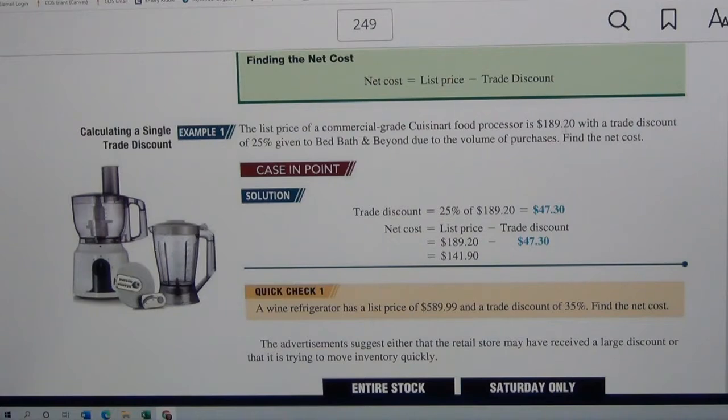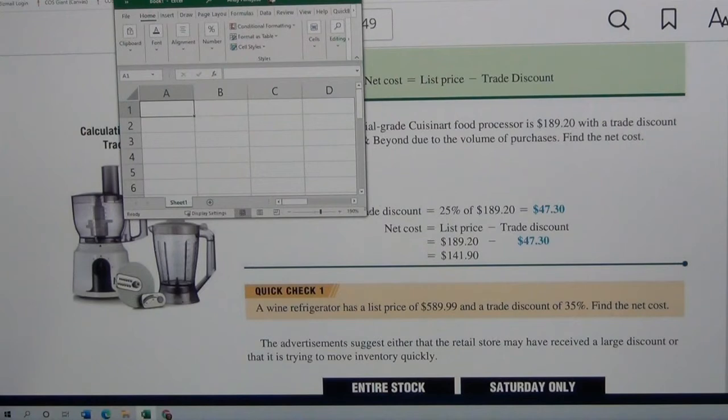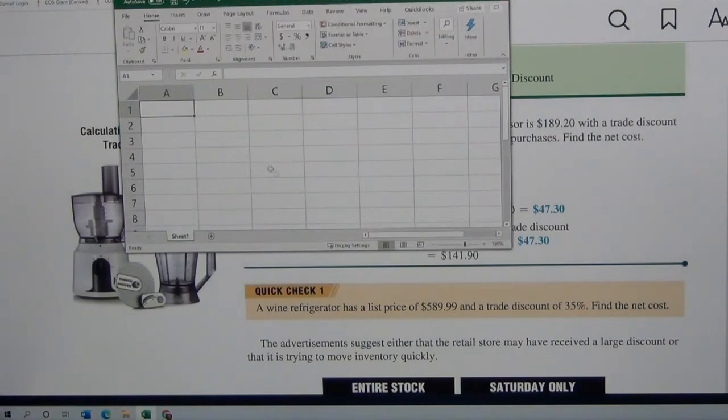Well, first of all, we have to figure out what is 25% of $189.20. So we'll take the $189 and multiply it by 25%. Specifically, if I were writing this down on the board, I would simply be writing down